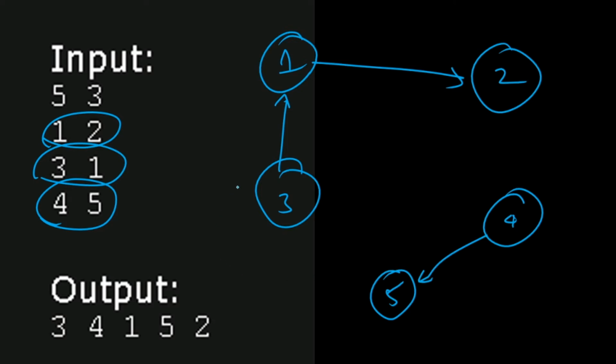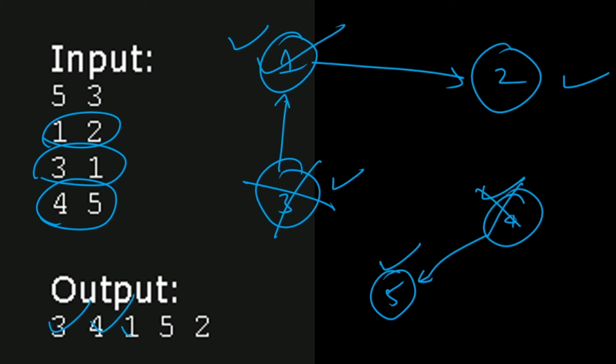So how can we solve this? How can we do all the courses? We can either start from 3, then we can do 1 and 2. We can start from 4 and then do 5. Anyway, we can do 3, then 4, then 1, then 5, and 2. Any of these orders are valid. We can print any valid order. So let us see how to solve this problem.